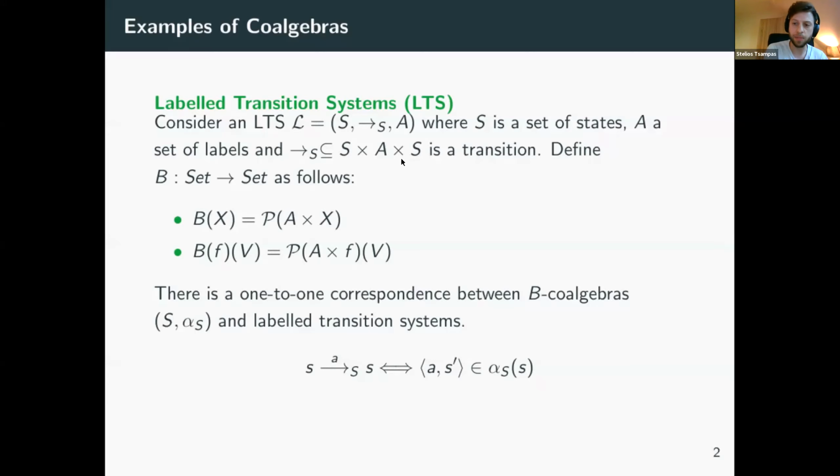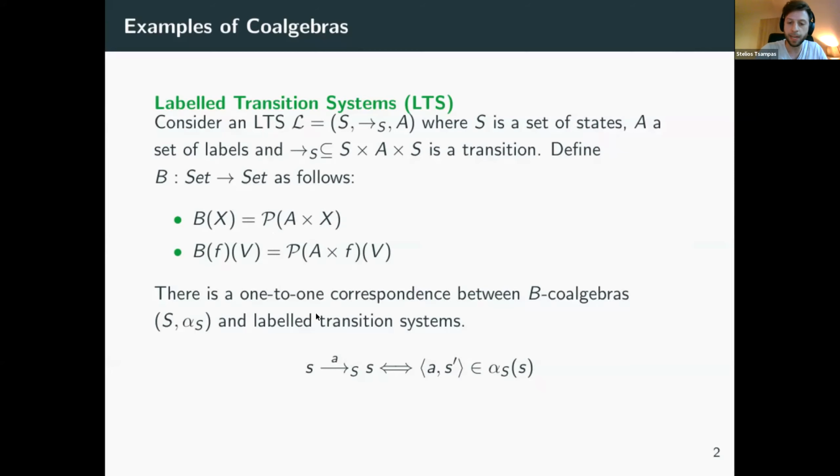And this describes essentially how a certain element of the state space evolves over time, but also outputs a certain label. So if we define an endofunctor B in the category of sets as B of X mapped to the power set of A times X, then you can see that coalgebras of this endofunctor are in a correspondence with